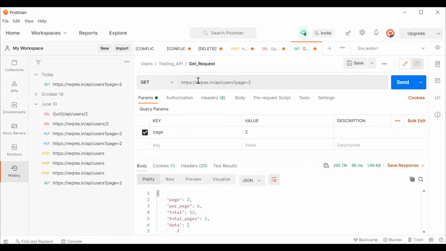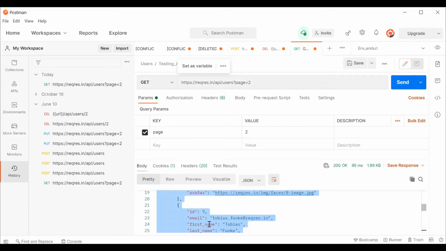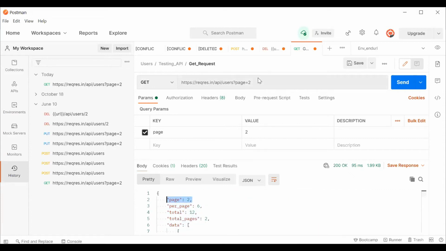Till here we understand this is a URL of your server. Here we are saying go to resource page, that is API page. And what I want to see, I want to get into users page, question mark, where page is equal to 2. So this is how you can decode. It's just like select star from users where page is equal to 2. If you want to convert it into SQL, it's just like select star from users where page is equal to 2. So see here, you get all the information on page number 2. All the information is of page number 2. See here, page 2. So this is how you can decode any URL just for your understanding.